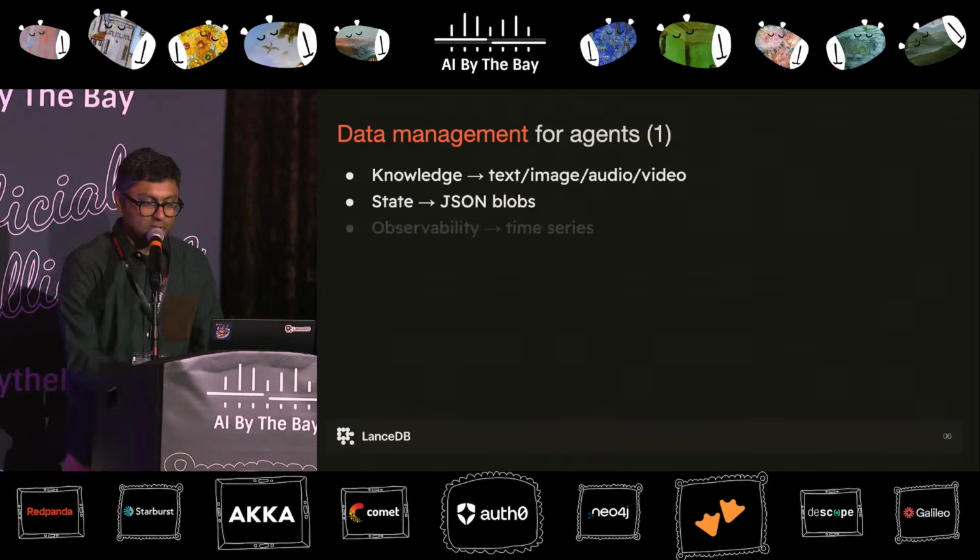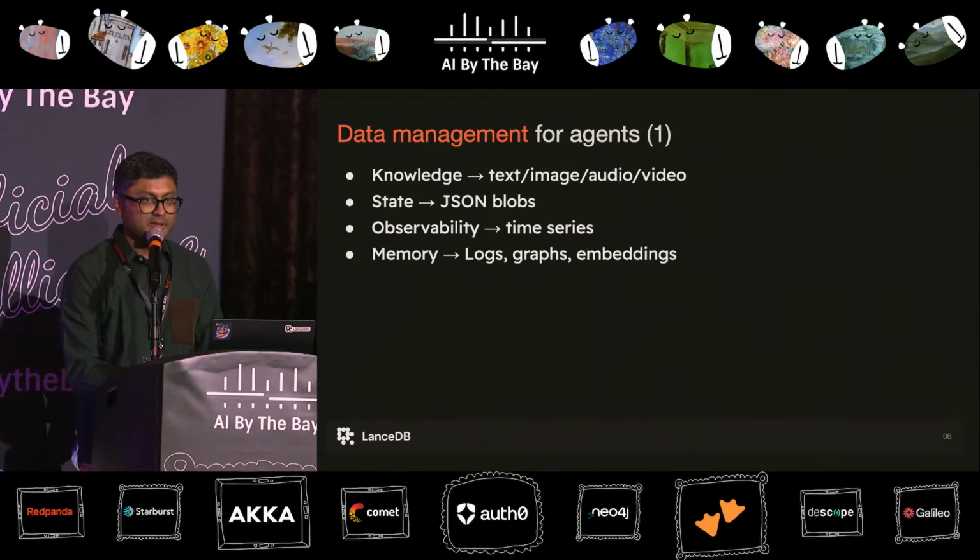So this brings us to the topic of data management and the importance of it for building agents. The knowledge layer in an application can consist of data in various formats, like text, image, audio, other forms that you may come across. You may also have the concept of state, which is typically stored as typed dictionaries or JSON in a lot of these frameworks.